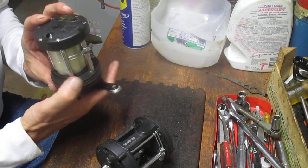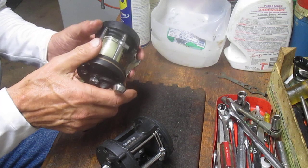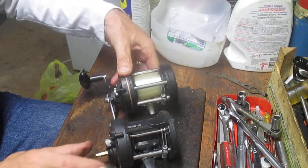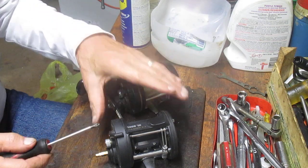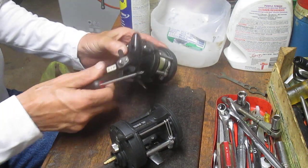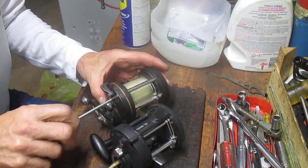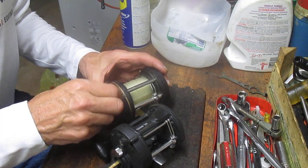It's the old Tidewater. I guess this one's the Tidewater 30L SKP. This one's missing a few side plate screws. So here's my question. Whose reel is this? And here's why. I started looking at the Shakespeare first because I just wanted to see what was involved in this one. I've already taken out a few screws to expedite this process here, but I took this out to open it up,